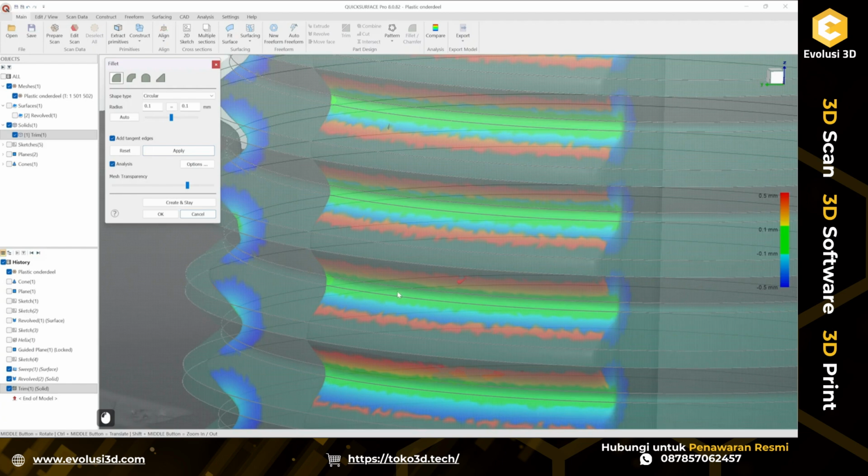We're good on the deviation, but of course we have to consider, isn't that too much? And this is completely up to you when you're doing these reverse engineering tasks and you have seen the part itself. So we need to find some balance between logic and what we see in deviation analysis by considering factors that are affected by 3D scanning itself. So, okay, I'm just going to keep this at 0.1 millimeters, click accept,